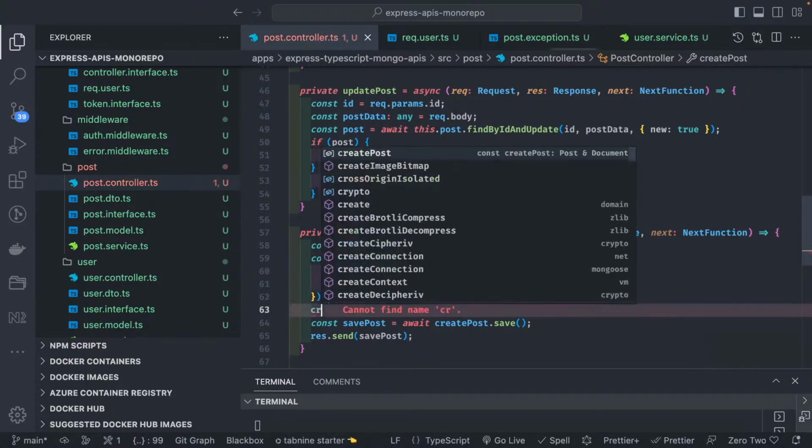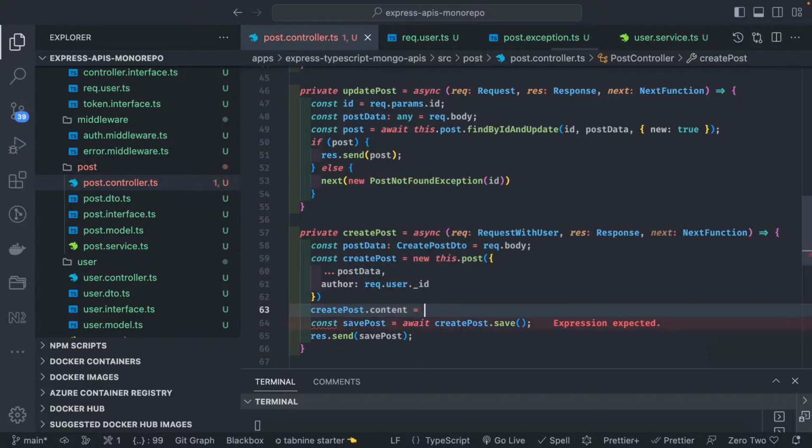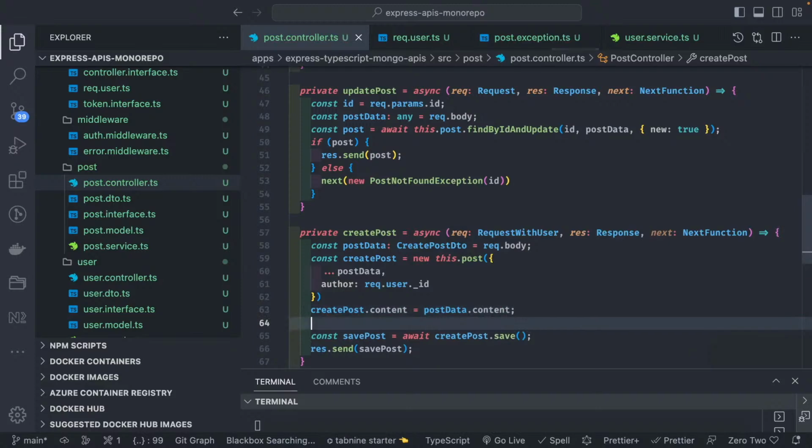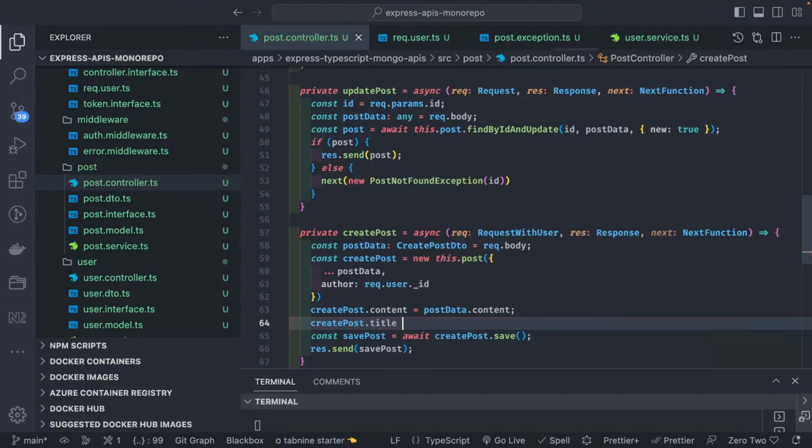Otherwise, I can just do created post dot content equal to post data dot content, created post dot title equal to post data dot title. I mean, ideally it should work. Here we can just set it